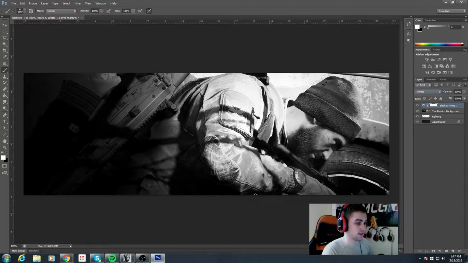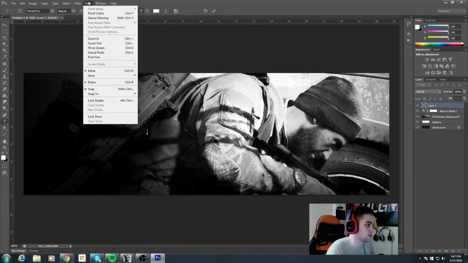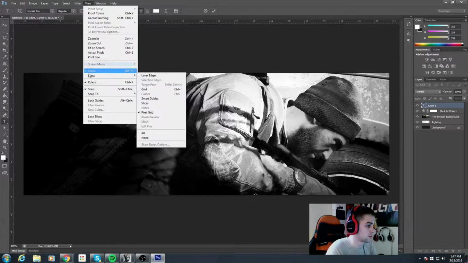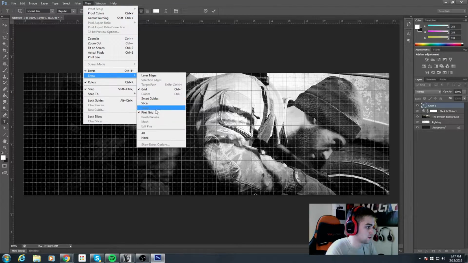So what's next is we can either start with the text on the header itself, or we can start with adding more design into the background base of it. Really, I usually start out with the text. To get your center lines, you can do it multiple different ways. You can add your grid, or you can just show